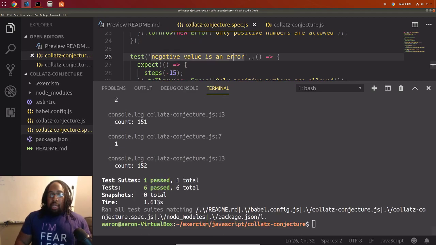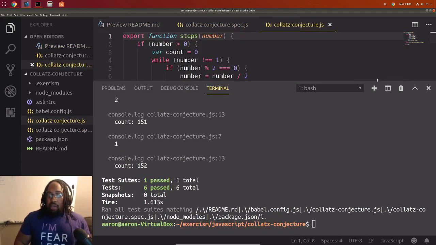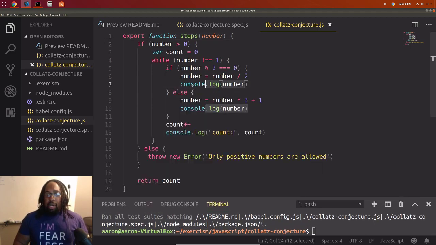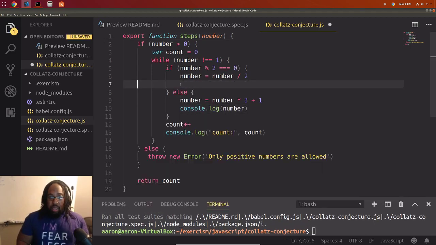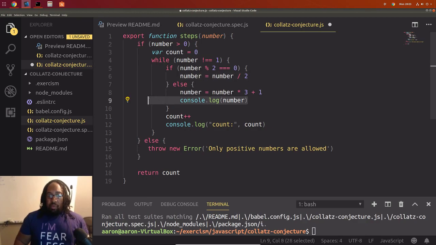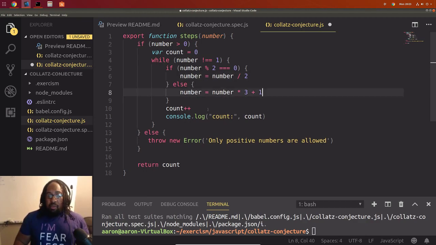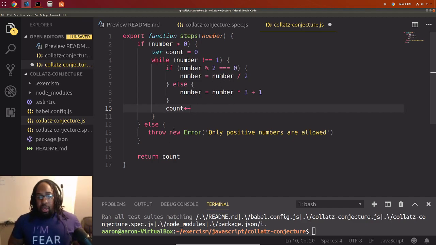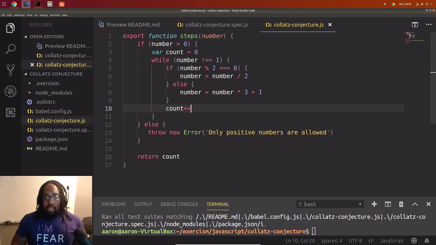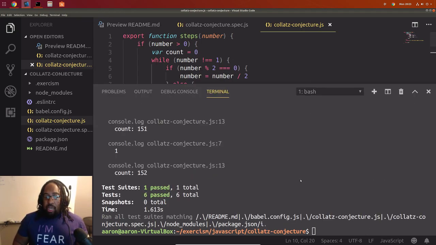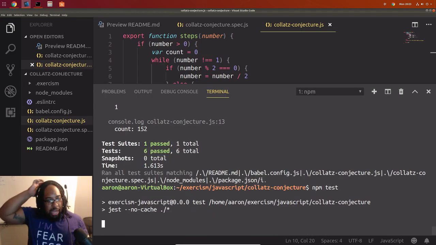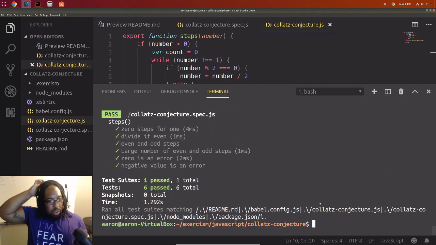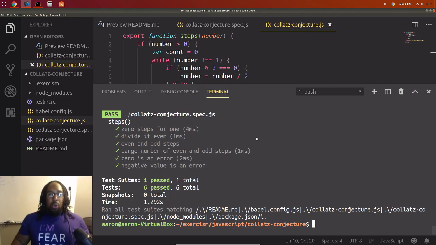Oh, well, it actually shouldn't. That's only because we left in all those console logs. Let's clean up our code. We don't need any of this for debugging anymore. I need to enable Vim key binding so that I don't need to delete lines like this, or I need to learn the key commands for deleting lines in VS Code. And so let's save this, and let's rerun our test after we remove those console logs, and it shouldn't give us all of that output. Cool, just like that, they all pass. We are good to go.